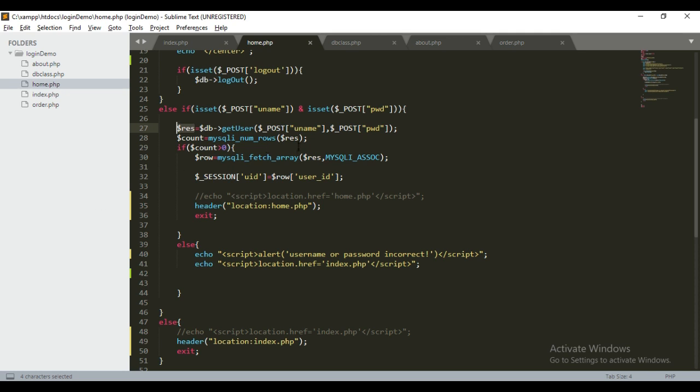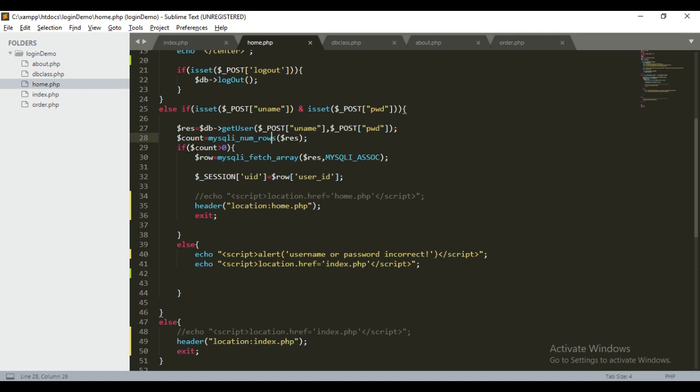If the criteria is matched, then one result is returned. If not, then 0 rows will be returned. Now we are counting it and storing it in the count variable. This statement is doing that counting purpose.